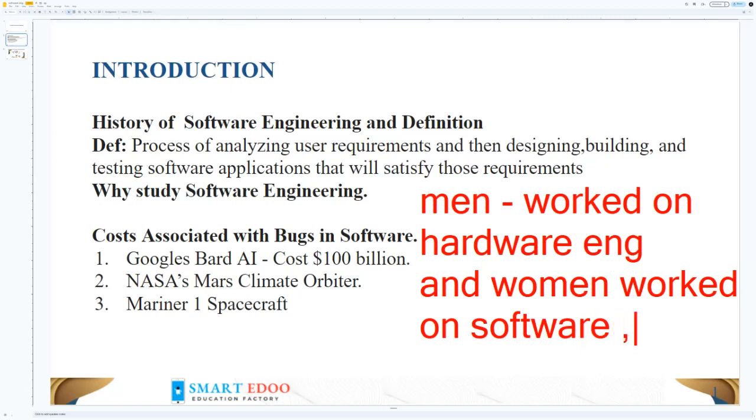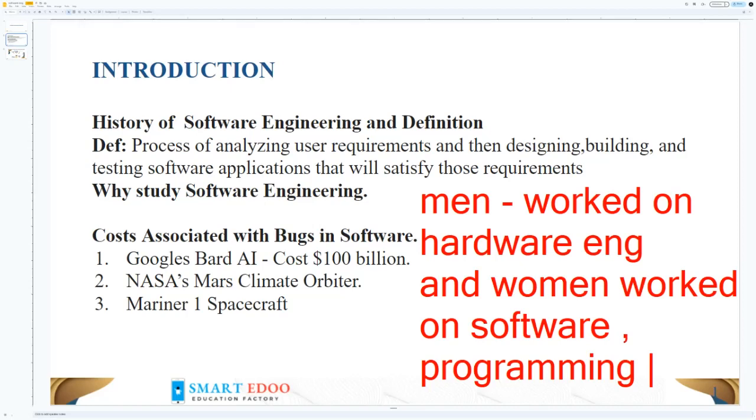It was then called programming. So programming software was the work of women before the 1970s, and men worked on hardware engineering during that time.